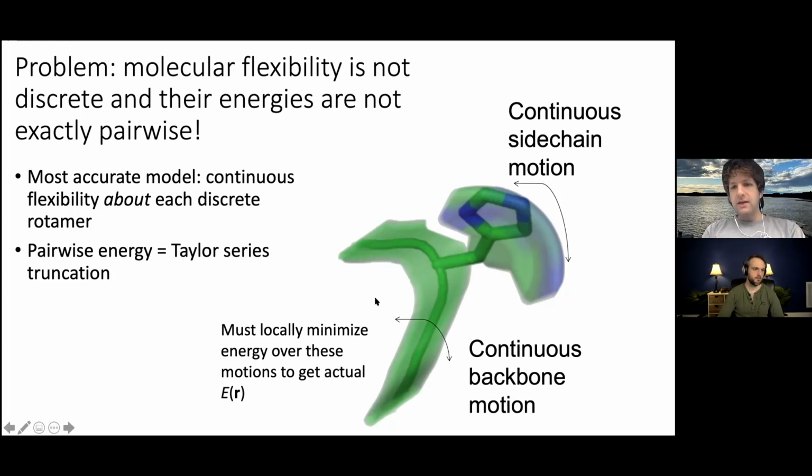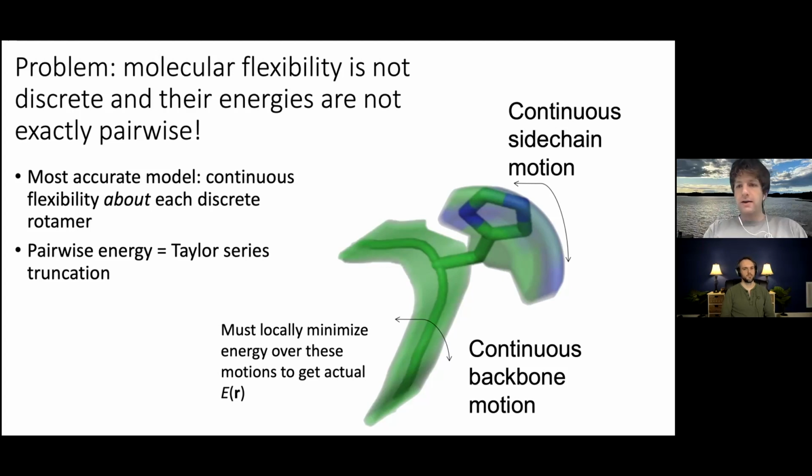So yes, I think it's correct to say in most of your designs, the backbone is roughly fixed, and the side chain is roughly in these preferred conformations. But if it rotates maybe 15 degrees either direction, or the backbone tweaks like this, that's very much within the realm of possibility. There's not going to be a huge energetic cost to that. So to really design properly, we have to model the fact that it can do this. And moreover, the best models of energy are not going to be exactly pairwise either. The Coulomb interaction assumes points at the atoms, but they polarize each other.